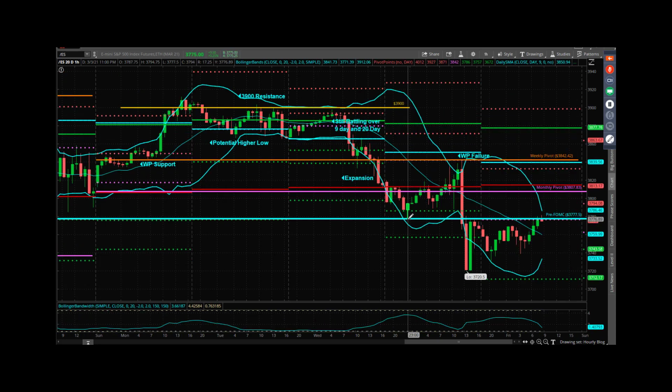Now, they lifted it yesterday from the pre-FOMC price, where? Back to weekly pivot. And it failed. I didn't catch it up here. I was long. I was like, they're going to blow it again. So you let it come in, you get a couple of lower highs, and then we caught the rest of